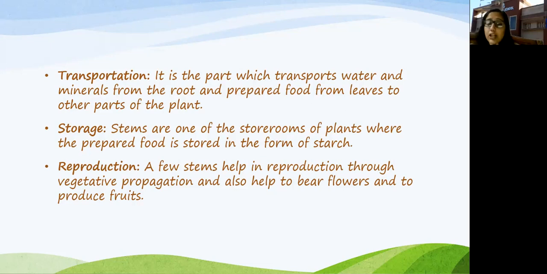No, all the parts of the plant require, they need this food, है ना, to survive, to work properly, to function properly. So that is why this food which is prepared in the leaves of the plant, it is actually transported to different parts of the plant so that they can also carry out their specified functions. Fine. So this was about transportation.